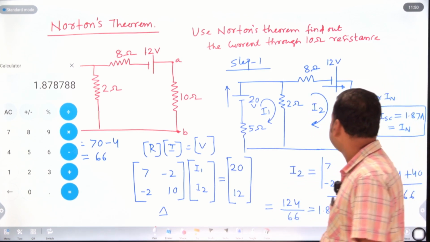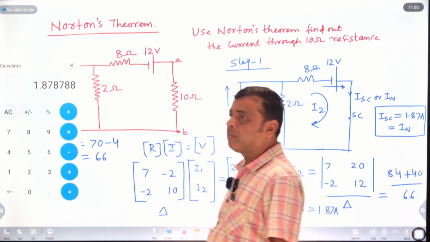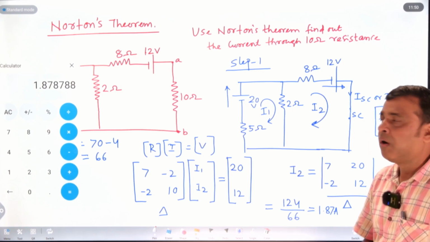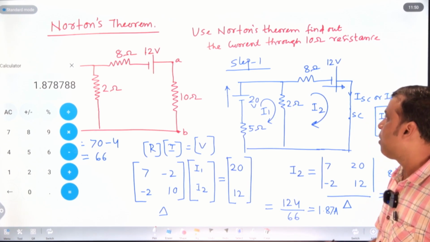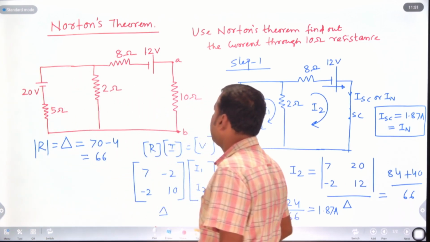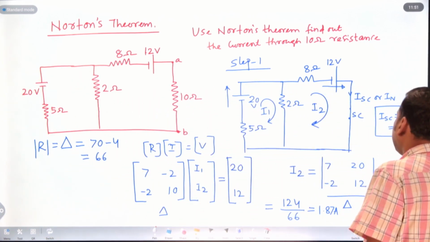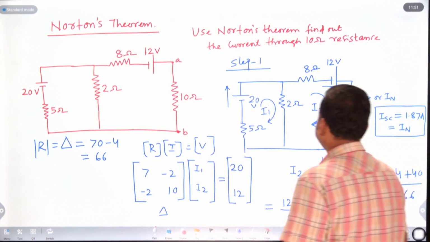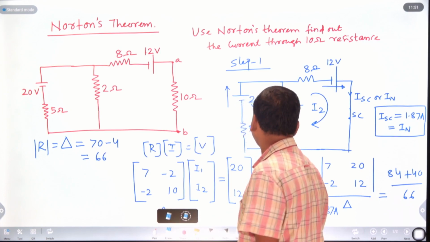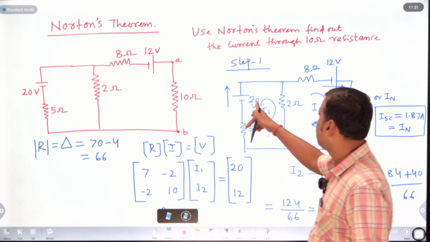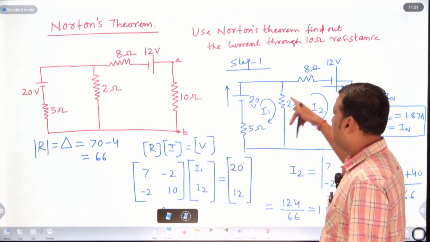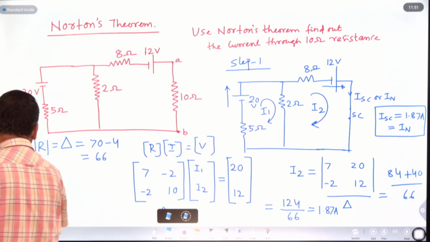How to calculate Thevenin's resistance? Exactly the same procedure we followed in Thevenin's theorem. Generally all the voltage sources should be short circuited and current sources should be open circuited. Here the 20 volt source will be short circuited, and this is also short circuited. And to find RTH,